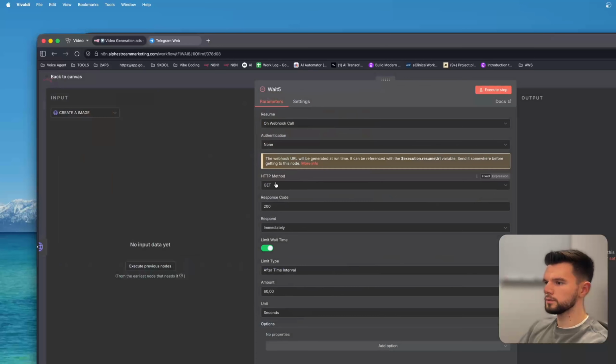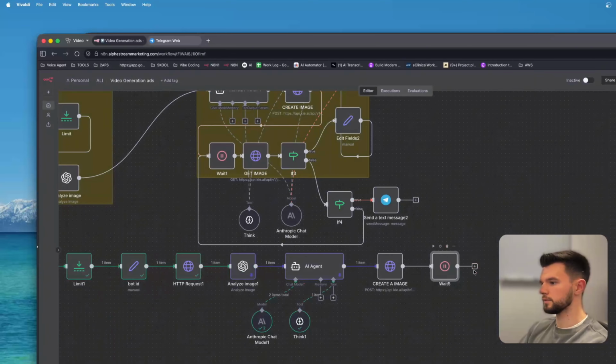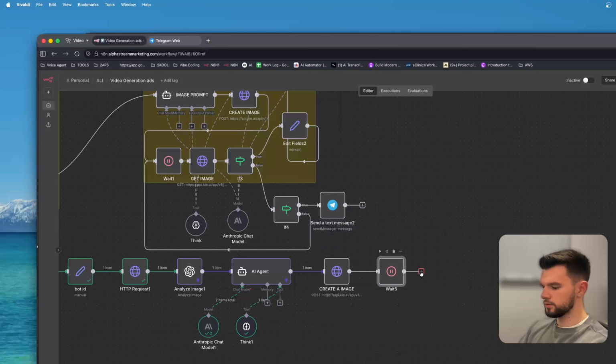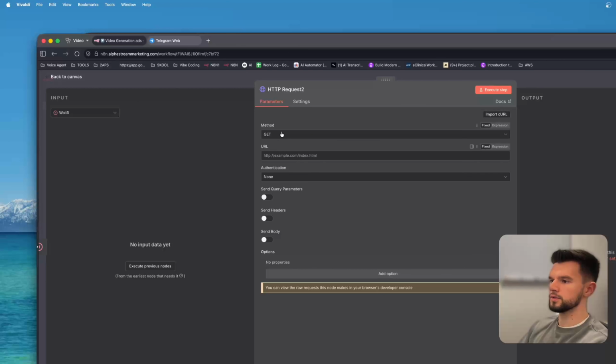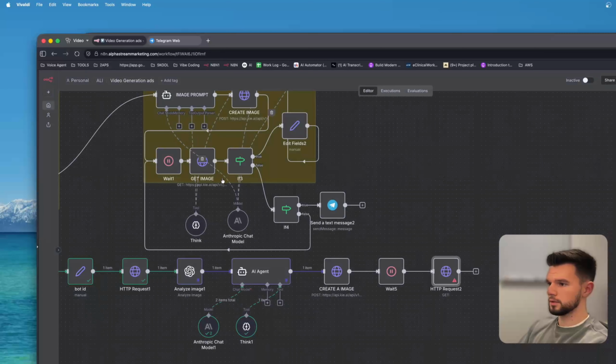And also we need to change the HTTP method to post, because that's what we're gonna receive basically. And now we need to have one more request to actually get the whole image, and we're gonna leave it to get. We're gonna basically copy this one,